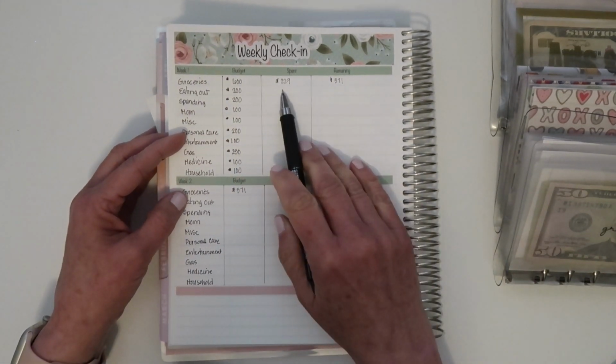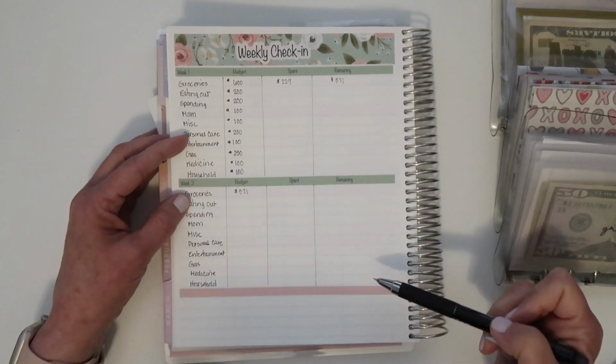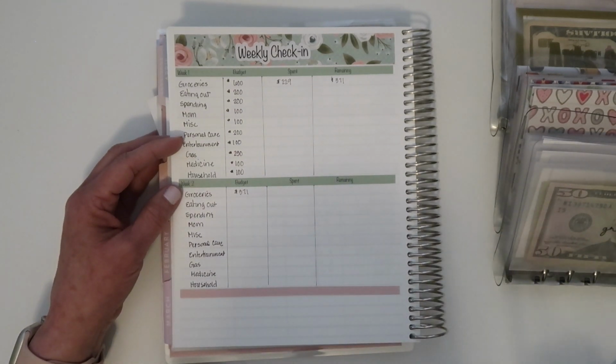So I just take what I spent from my budget, this gives me my balance, and then each week I just keep subtracting. So hopefully at the end of the month, there's still a little bit of money left in here that I can throw over to my